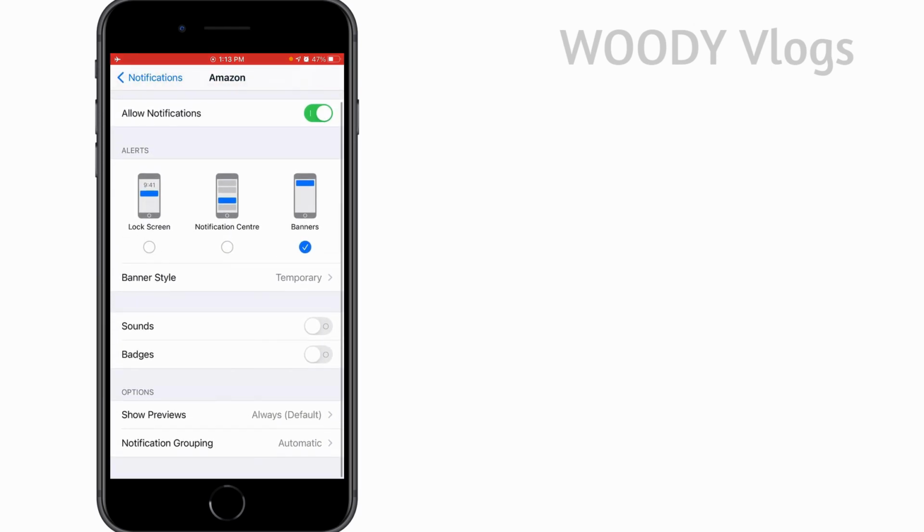And another option is notification grouping. For example, if you're getting multiple notifications from the same application, previously when we didn't have this option, all those notifications will be displayed as individual notifications in the lock screen. Now if you're choosing notification grouping, notifications from one single app will be displayed as a bundle in the lock screen, and when you tap on it, it will just expand and display as individual notifications. Do try this option. This will be a lifesaver at times.